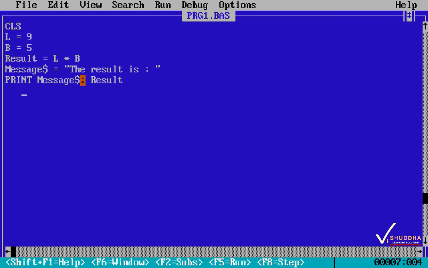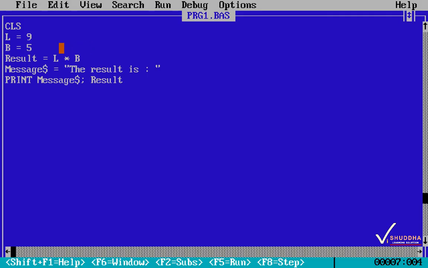So in this case the value referred by message, then the value referred by result will be printed on the output screen. So when you execute the program, you see that the string value along with the numeric value is displayed on the screen in the same sequence as we provided it in the print command.